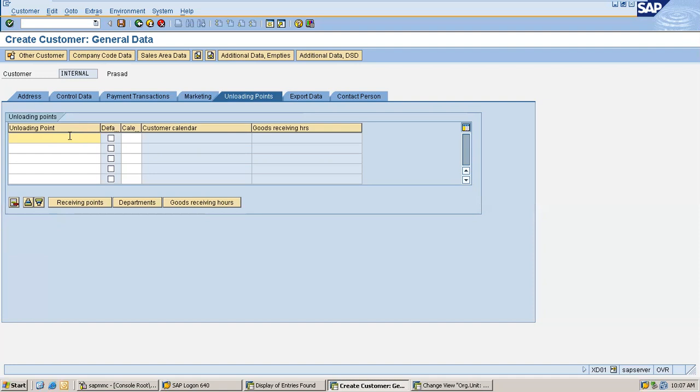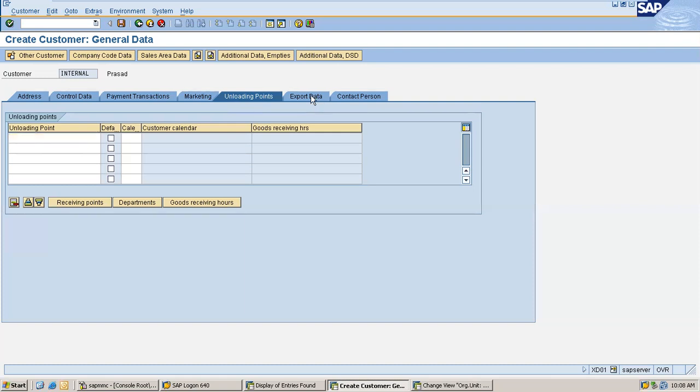okay, let's quickly create a customer number with basic information. Then we will see the explanation for each field. So this unloading points section gives you the unloading points information for this customer. Let's say this customer may have more than one unloading point. Let's say the customer belongs to KR Puram and he may have other business units in Bangalore, in other places, like one in BTM and one in Hebbal. So I can add all those possible unloading points for this customer here.